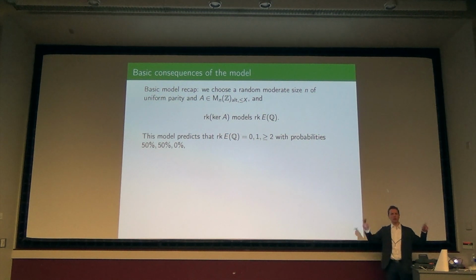If I take a random matrix with integer entries and I ask for the size of its kernel, what will you tell me? Typically, well, what does the determinant look like? If the kernel is going to exist, then the determinant has to be 0. What's the likelihood that if I take a random matrix, its determinant is 0? In any reasonable sense, the answer is 0% of the time.